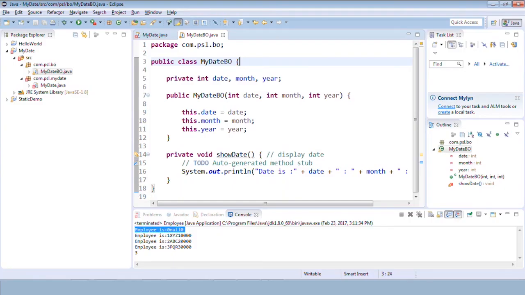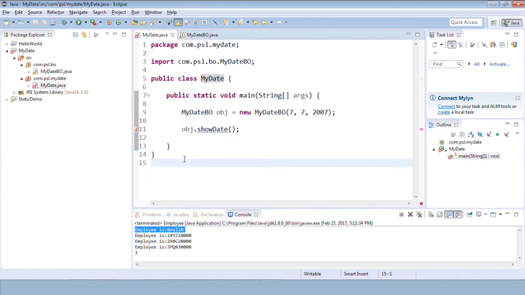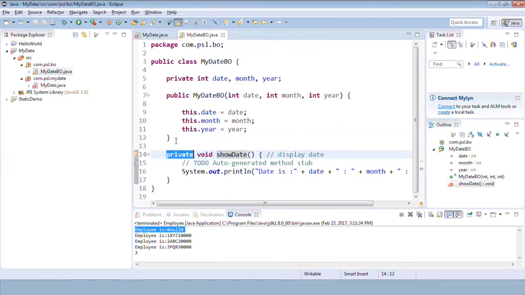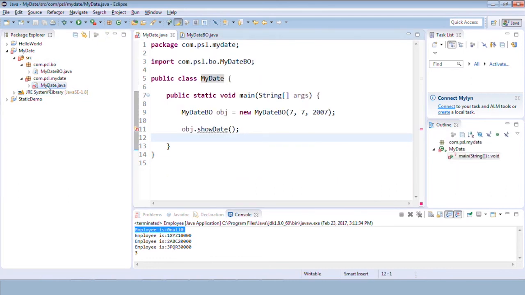I will come back to Eclipse, and that is why the showDate method is private and it is not accessible here. They started shouting and they started giving us error. Okay, so if I remove the access specifier, that will be the default access modifier, and default is not even accessible outside the package. Getting it? So even that is not allowed,